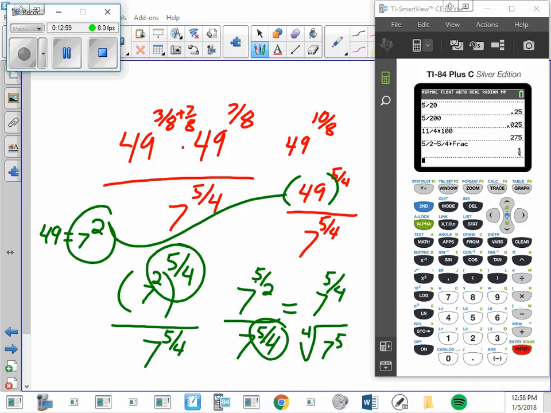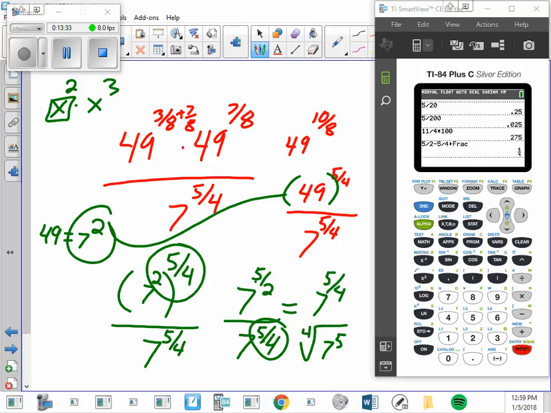So if we had x squared times x to the 3rd, does the x change? No, it's not 2x raised to the whatever. It'll just be x to the 5th. Okay, so again, if you get confused, look at it in terms of variables. They have to be the same number or they don't mix. And if they are the same base, then they don't change. The exponent changes. The only way to change the 49 is to add,